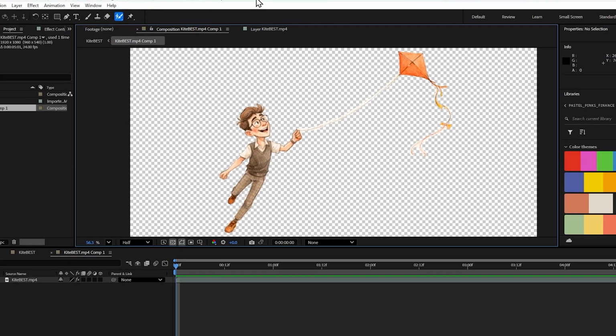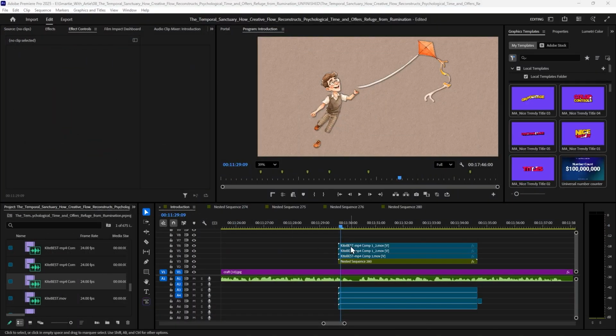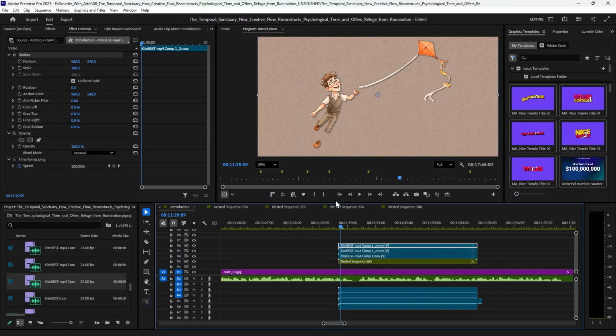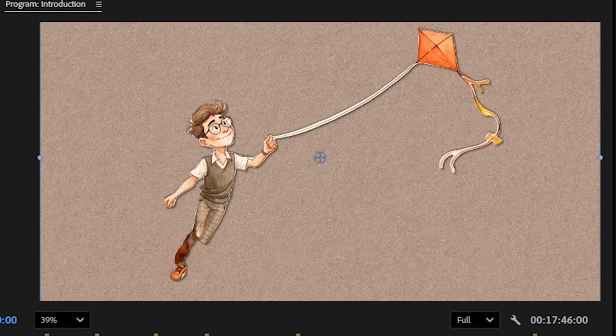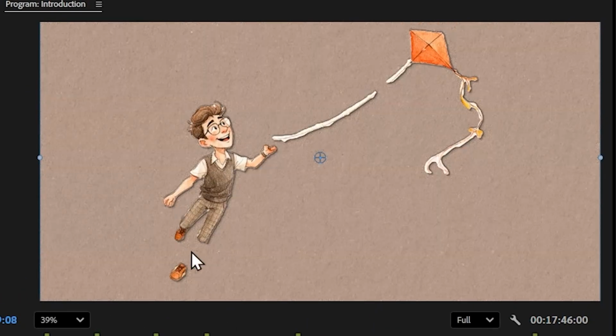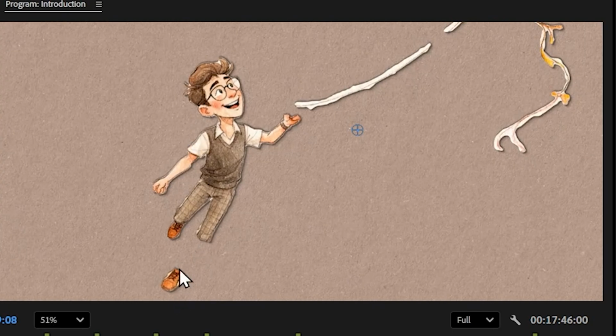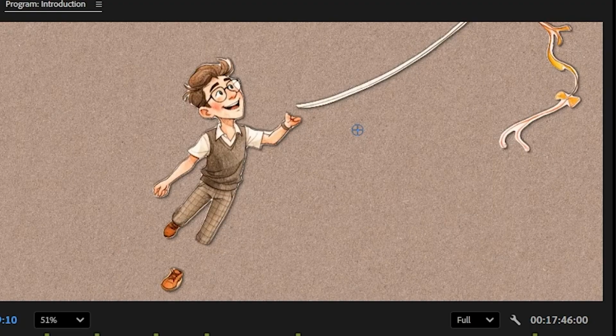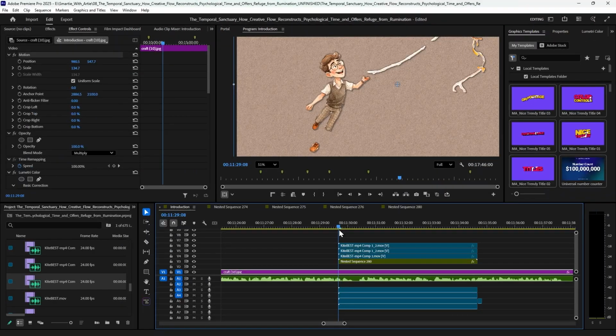it didn't. So I had an issue where when I brought the MOV file into Premiere, the first frame didn't look right. So if I move forward, it's looking okay, but at the first frame, pieces of the character are being cut off. His leg here, his hand, even the string was looking not the best, and something was off. So when I went back into After Effects,